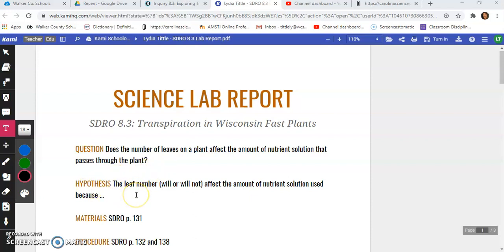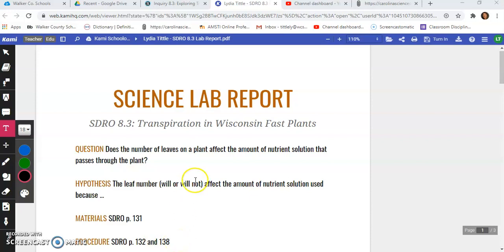So for your hypothesis, you would say the leaf number and then choose will or will not. So you would either say the leaf number will affect the amount of nutrient solution used, or the leaf number will not affect the amount of nutrient solution used. So you take a guess if you think it's will or will not. And then put a reason why. So after because, fill in your reasoning as to why you think the leaf number will or will not affect the nutrient solution used. Our materials are found on page 131, and our procedures are found on page 132 and